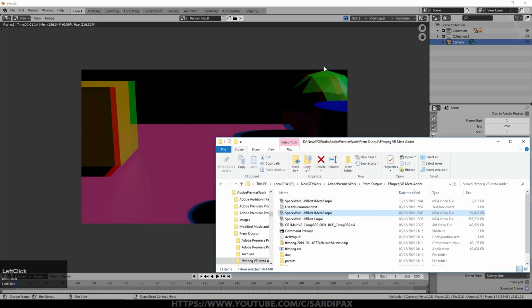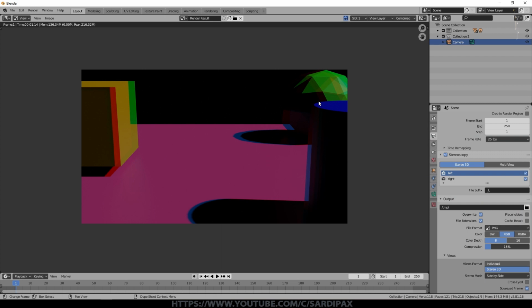And then when you upload it, YouTube will recognize that it's a 3D video, and by default on a 2D monitor it will display it as anaglyph. But when you look at it through a headset, and particularly if you use the YouTube app, you will get a 3D video. So that's really all there is to the basics of creating a 3D video for upload to YouTube in Blender.